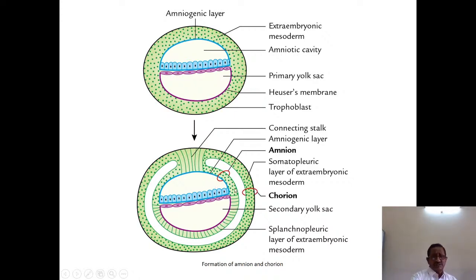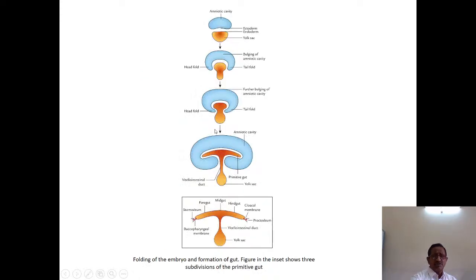And then of course the trophoblast gradually develops mesodermal cells, into which the cavity develops, the coelom as we call it. These mesodermal cells cover both the yolk sac and amnion, and this will go into the stalk, the connecting stalk. So this is how the amnion is a small cavity first, then the yolk sac is there, and in between we have the embryonic plate, and then this amnion along with the embryonic plate is